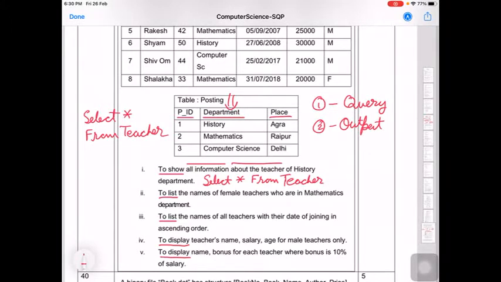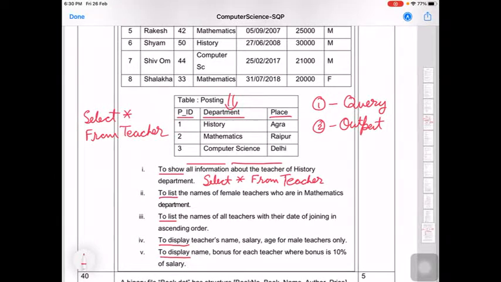Now, the basic structure of select is select, then from, then where, and so on. We have completed select, then star, because after select there are only two possibilities: either you can have star or you can have names of columns. Here we have all information, so we have star. Then from, we have to identify the name of the table, that is teacher. Whatever is remaining will be either the where clause, or the order by or group by clause.